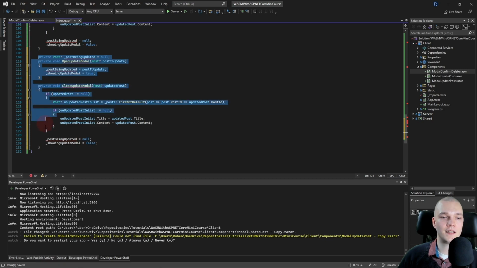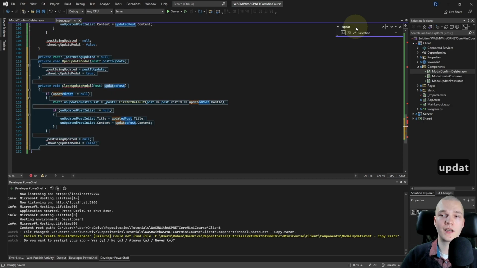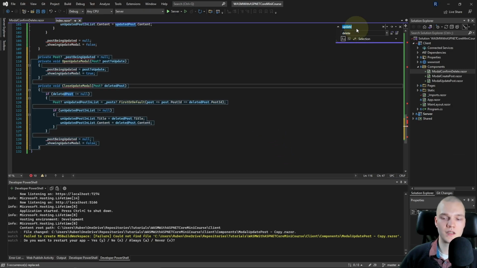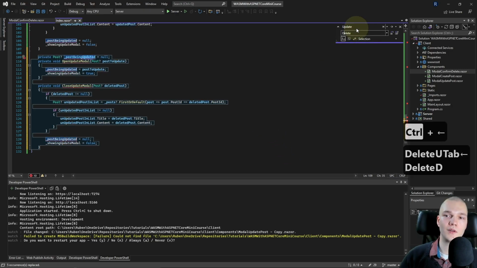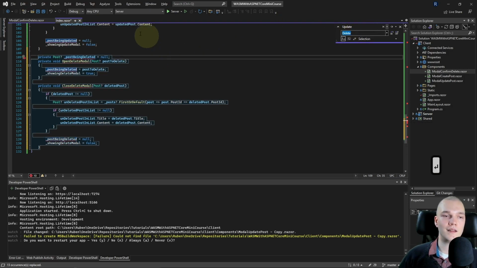So I'll select the pasted code and do Ctrl F. And I'm gonna set it to selection with match casing on. And I'm gonna replace lowercase update with lowercase delete with Alt A, 5 occurrences, and I'll replace capital update with capital delete, Alt A, and there we go.